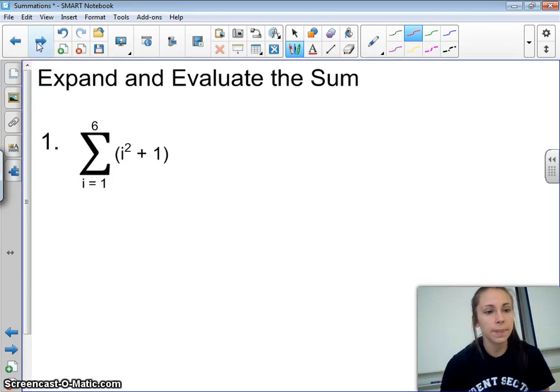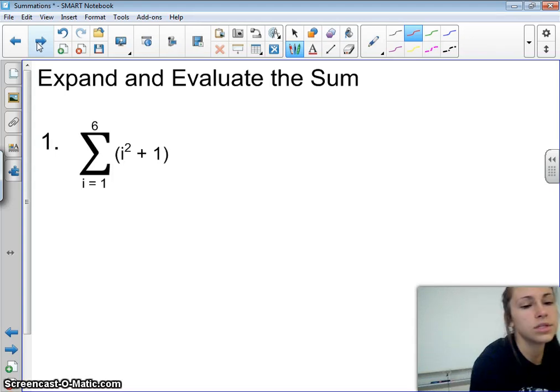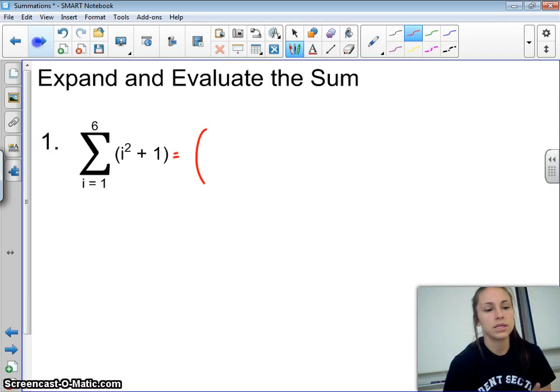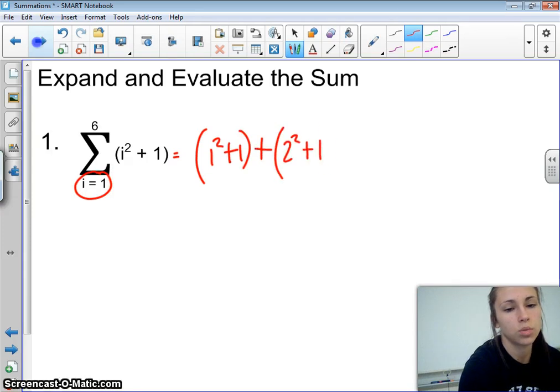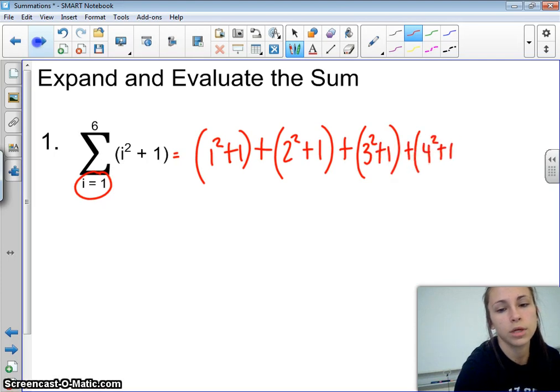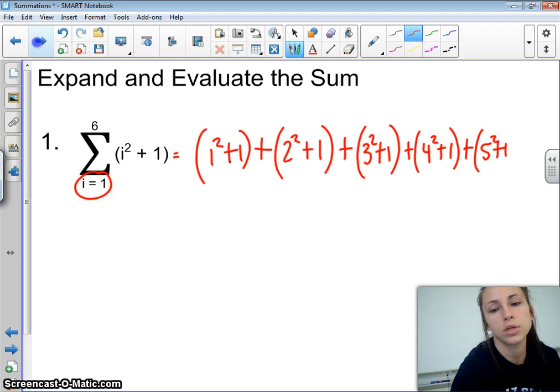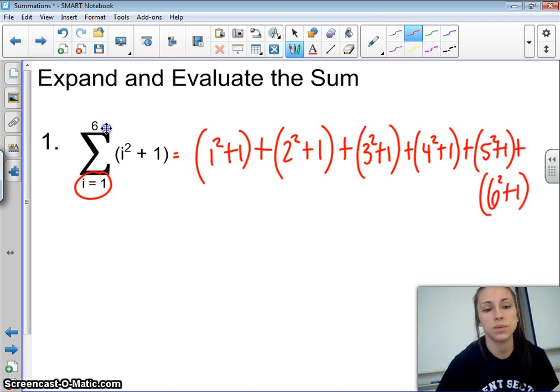So anyhow, let's just expand and evaluate this sum. And so I'm going to write them out, or some of them out until you get the hang of it. So I'm going to go ahead and write this one out. This is just me taking the first term, which is 1. So I'm going to say 1 squared plus 1 plus 2 squared plus 1 plus 3 squared plus 1 plus 4 squared plus 1 plus 5 squared plus 1 plus 6 squared plus 1, and then I'm going to stop because 6 is my stopping point,